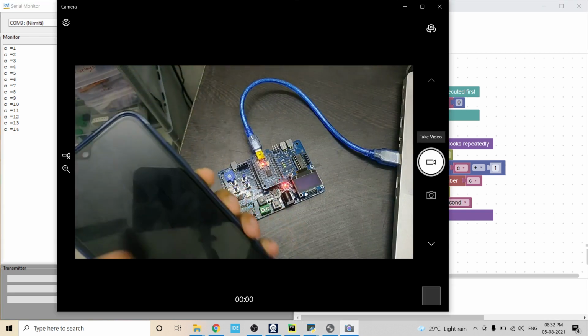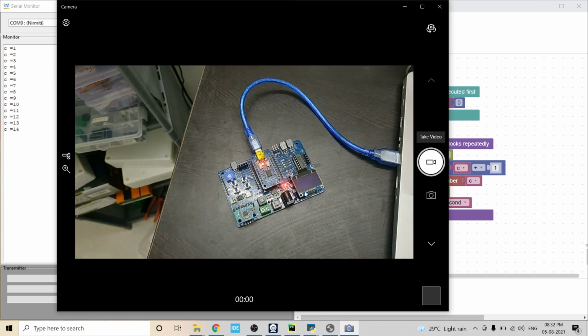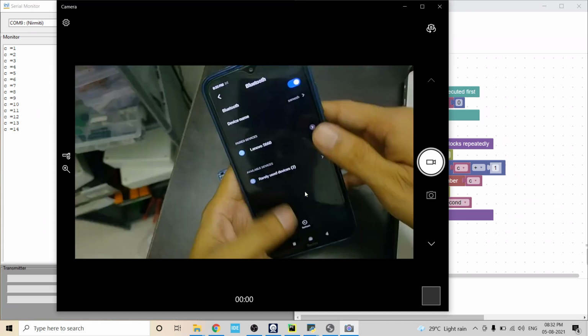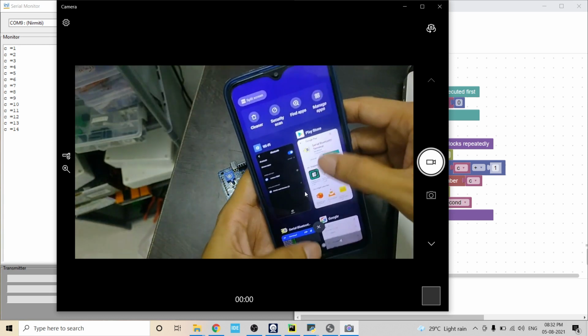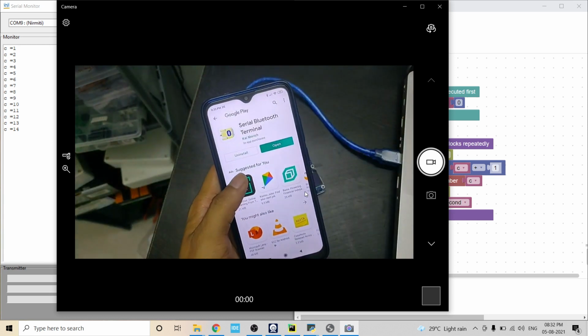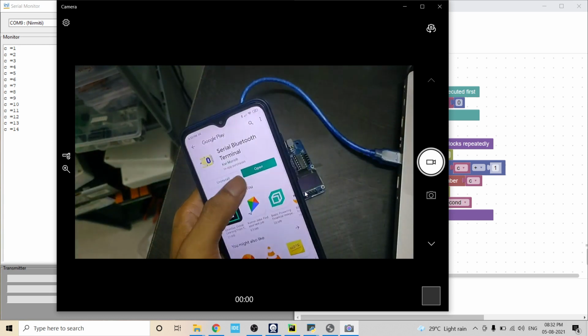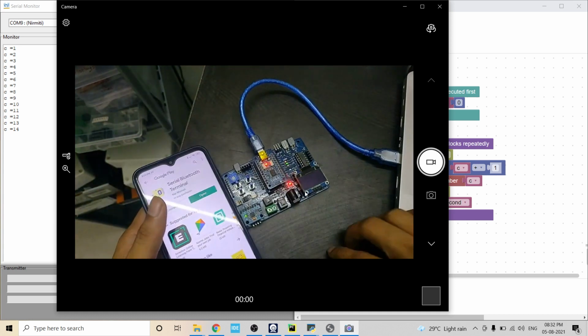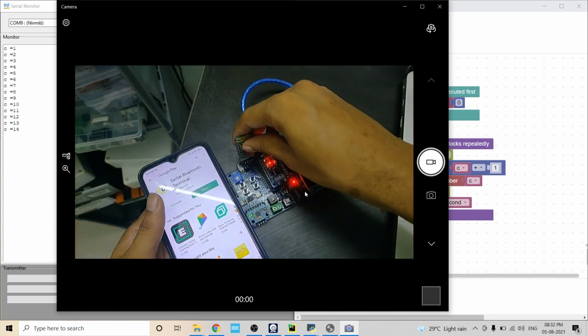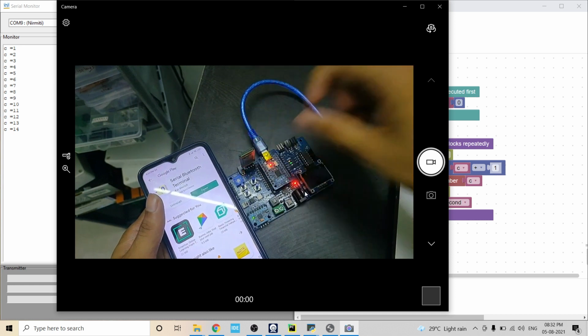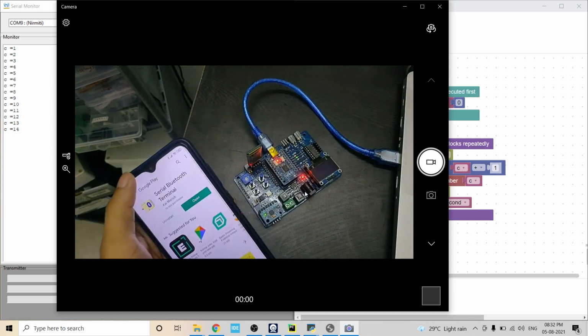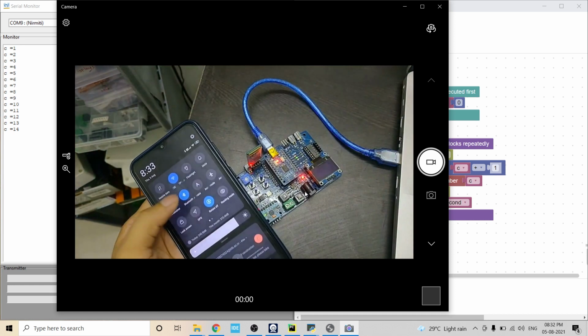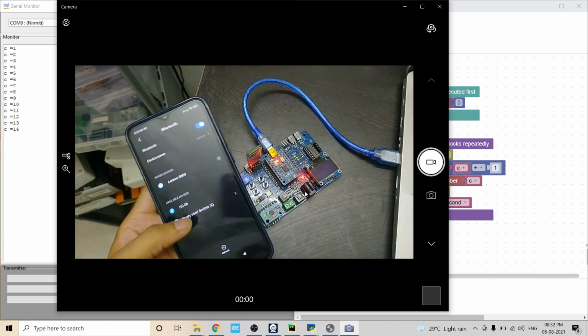First of all we need to install this Serial Bluetooth Terminal app. I already installed it. Then we need to connect this Bluetooth to the Nirmiti Shield. Okay, it is connected. Then go to Bluetooth, then search.